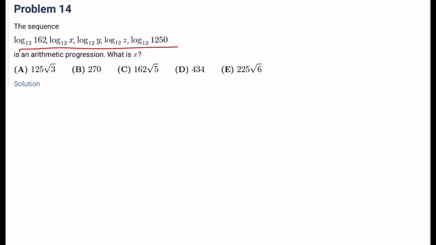Number 14, the sequence, this is an arithmetic progression. What is x? Okay, so for logs to be an arithmetic progression, that means the stuff inside the logs has to be in a geometric progression, right? And so that basically means that if we get 162 factorized and 1250 factorized, then we will be able to see by how much it's changing each time. 162 is equal to 2 times 3 to the 4th power, that's 81 times 2, and 1250 is 2 times 5 to the